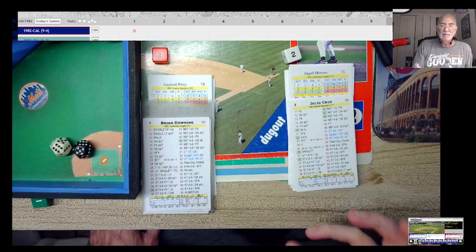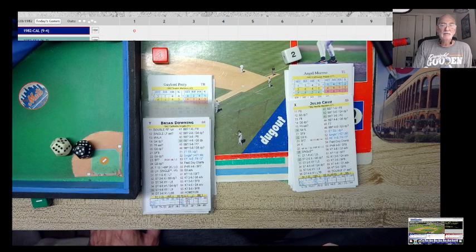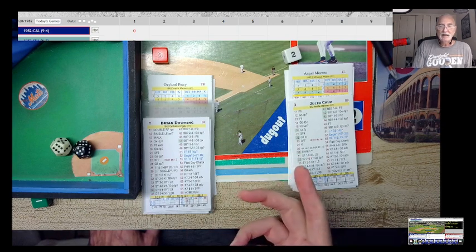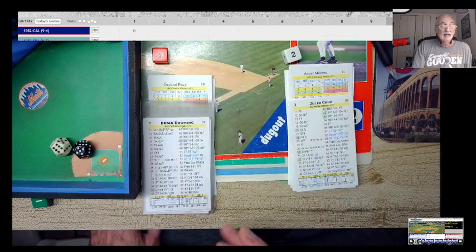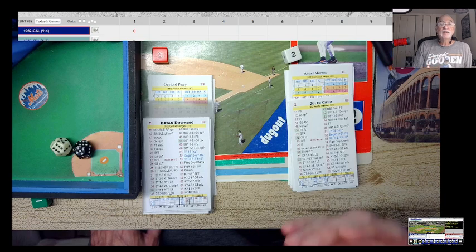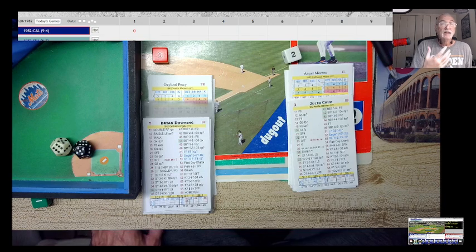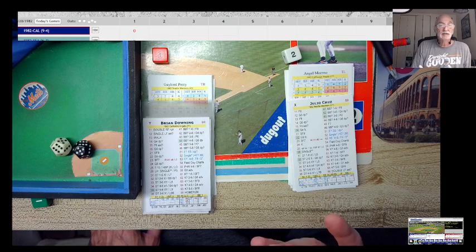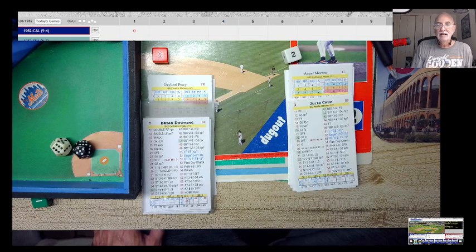Well, this is what happens, and I find this is what happens. Hear me out. You get used to rolling dice with Strat-O-Matic, and you know where everything is, and it's boom, boom, boom, boom, boom, and you feel comfortable, you feel at ease, you feel confident, you're having a good game, you're enjoying it, you're relaxing, you're sitting back and playing our tabletop baseballs, you're having that whole dopamine rush of nostalgia. You're back in the 70s, you're back in the late 60s,